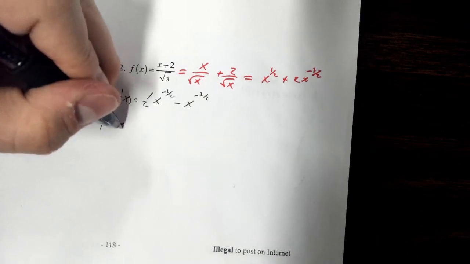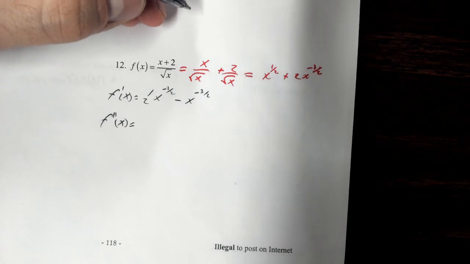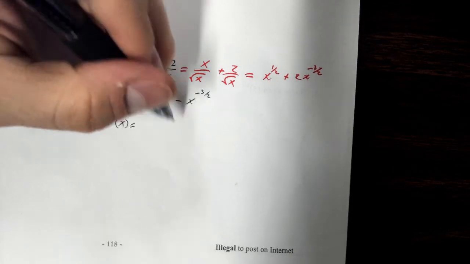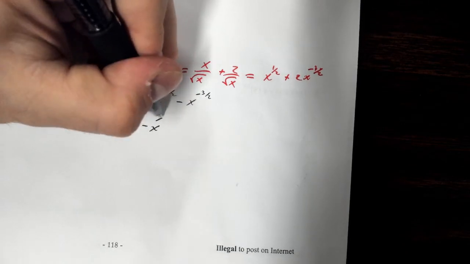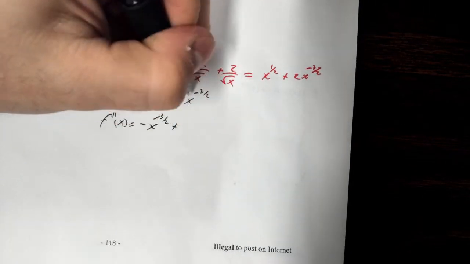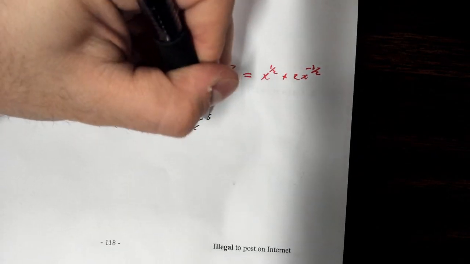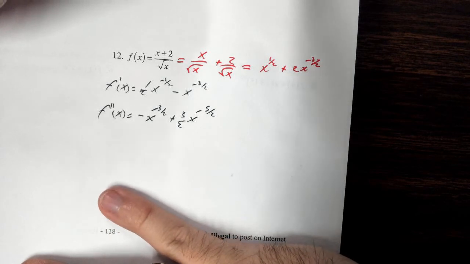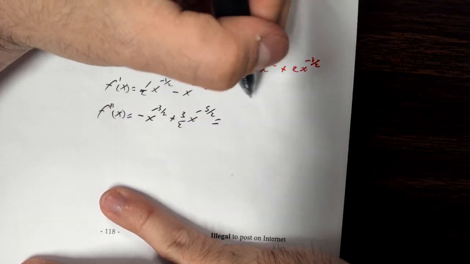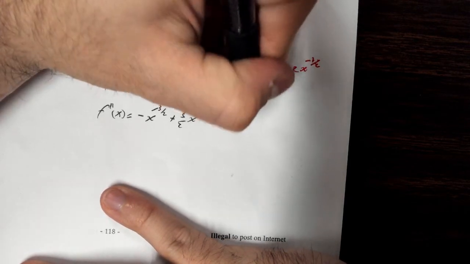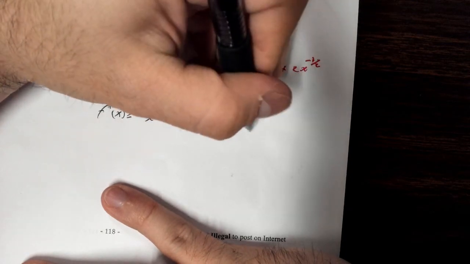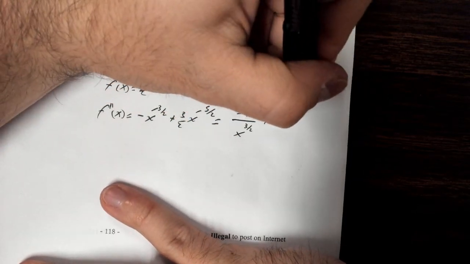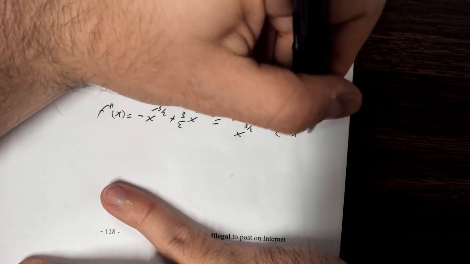Then the derivative of that, negative 1/2 times 1/2 is just a negative 1, so we're going to have negative x to the negative 3/2 plus 3/2 x to the negative 5/2, which, now to simplify it, is negative 1 over x to the 3/2 plus 3 over 2 x to the 5/2,